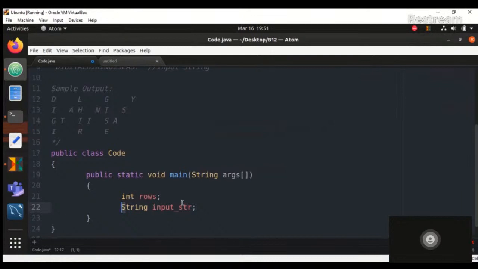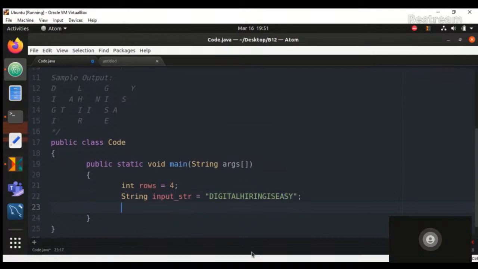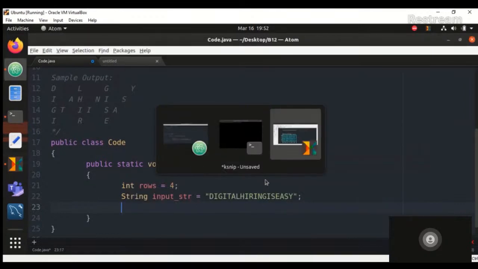So the input rows will take, for example, 4, which we have taken up here, 4 rows. And the input string will take up the same thing that we have here, that is, digital hiring is easy. Now we'll also create some test cases ahead, but before creating test cases, let us start with the very basics of this. Now I need to know how many rows I need here and how many columns I need here. Now first things up, in our simple case, one simple way you can do here is take columns as,